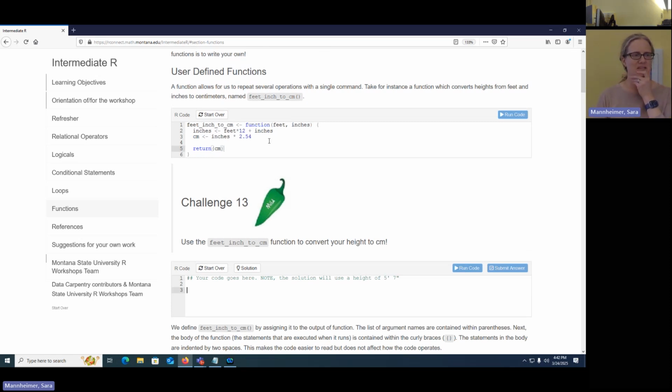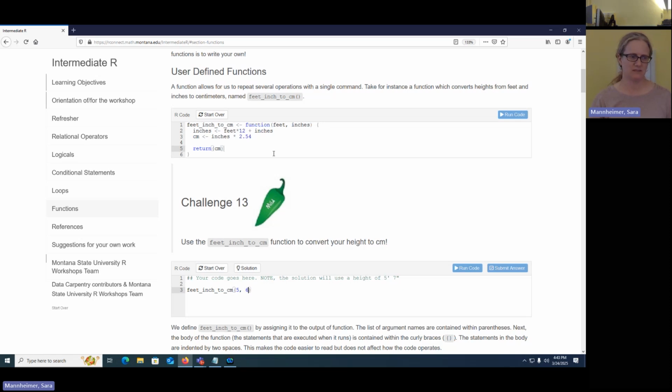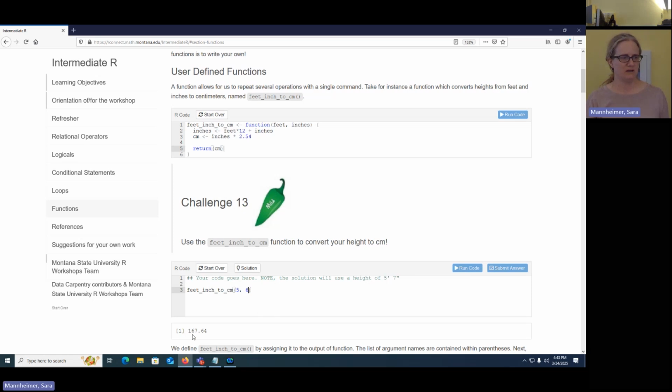So now that we have this user-defined function, let's try converting your height to centimeters. And so let's say 5 feet. I'm 5'6", so 5, 6. I'm not going to put in the names of the arguments. I'm just going to use the fact that I know the order. So I'm 167.64 centimeters, but if I wanted to be explicit, I could say feet equals 5 and inches